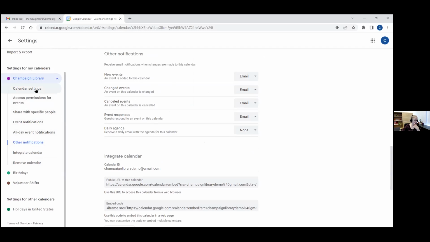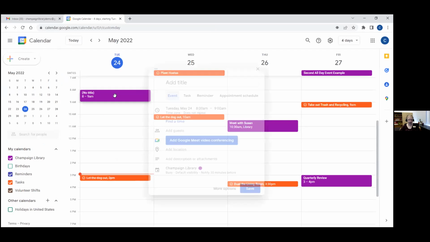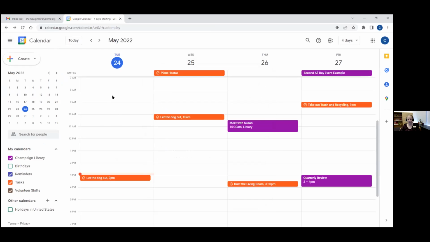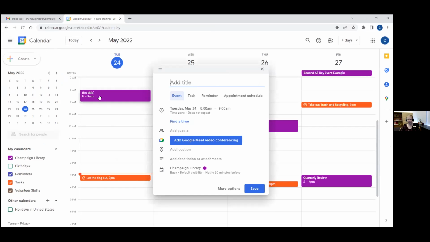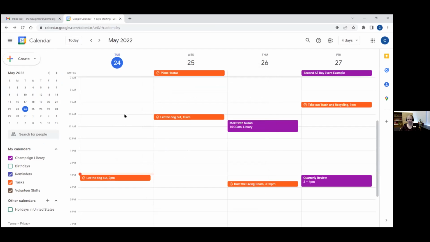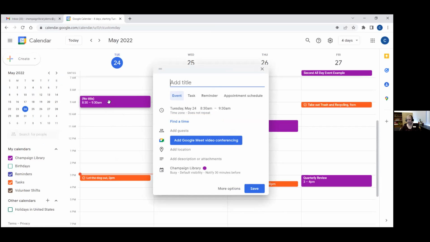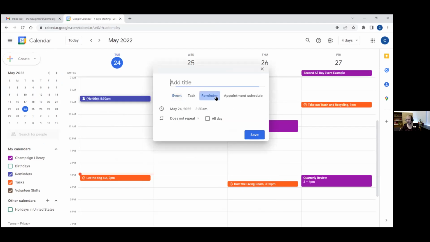But in general, it should be the exact same way that you would do your calendar event. So you would just click on create, and you'll see when the box comes up. Oh, you know what? Here, I know what I did wrong. Yeah, okay. So you have to start with doing here instead of going through the create plus. The reminders you create at a specific time to remind you of something. So if I created it here and I pick reminder instead of event or task, and this is, let's see,